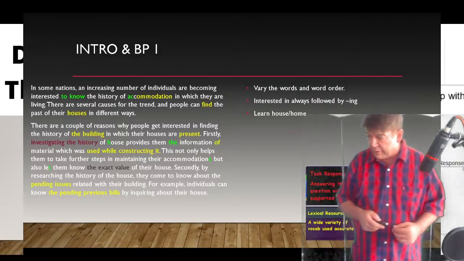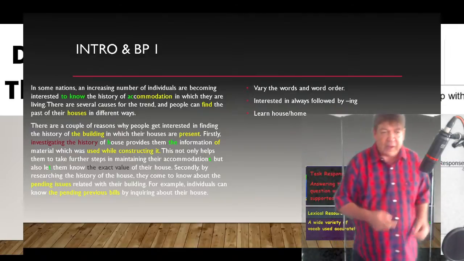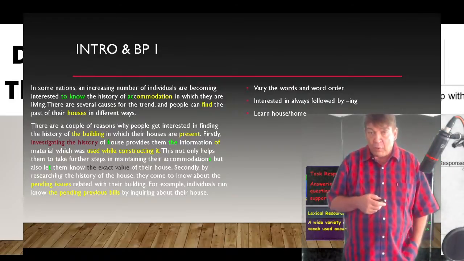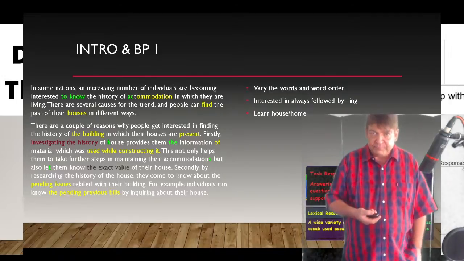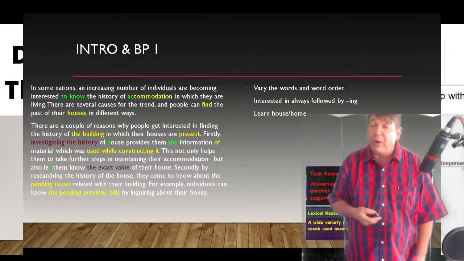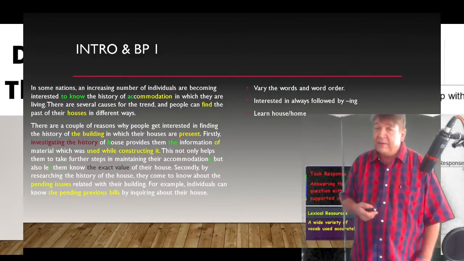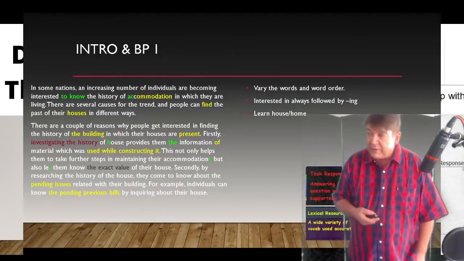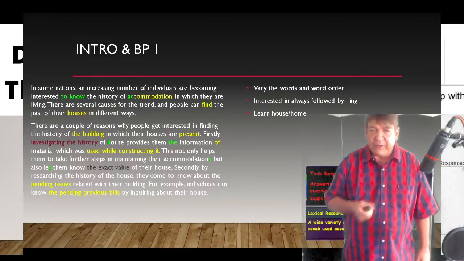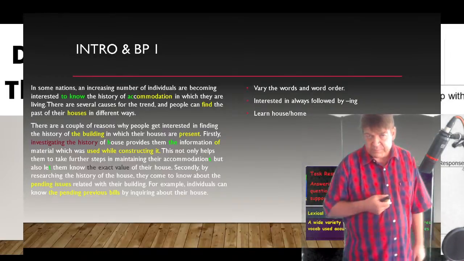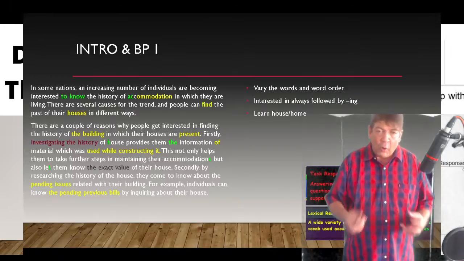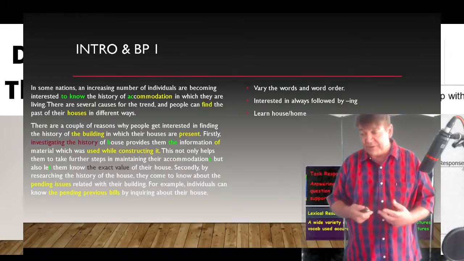So interested in knowing. Okay, what's the difference between a house and a home? This is an important distinction to make. A home is any place that you live. It could be a shack down by the river. It could be a penthouse apartment, 100 floors in the sky. It could be an apartment. I live in an apartment. Or it could be a house. A house is a freestanding building that is built for one family to live in. That's a house. There's no place like house. No. Home is an idea. House is a physical thing.